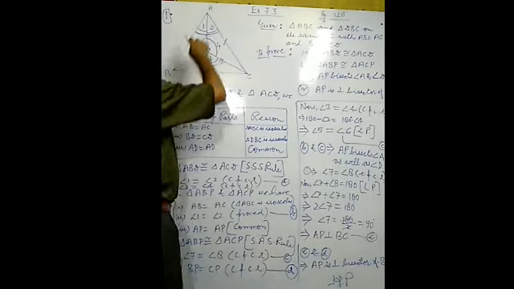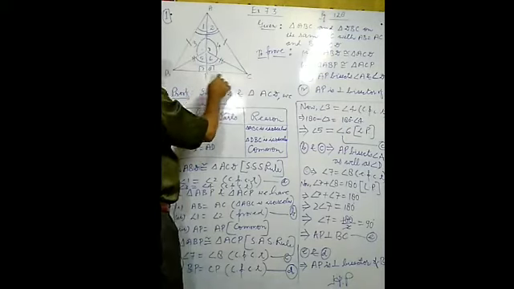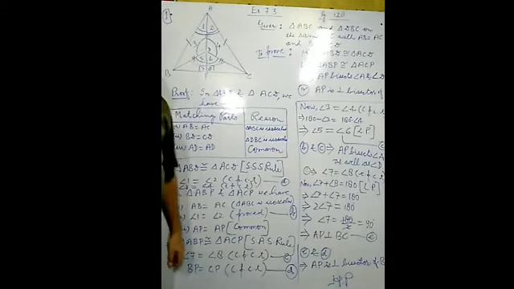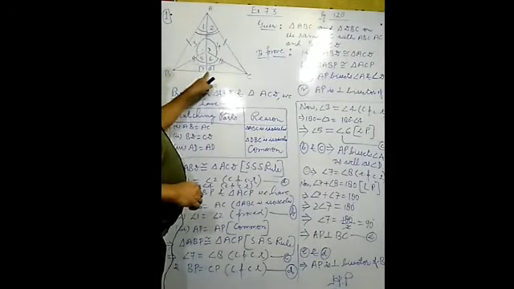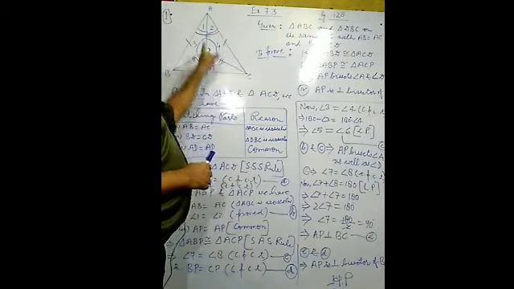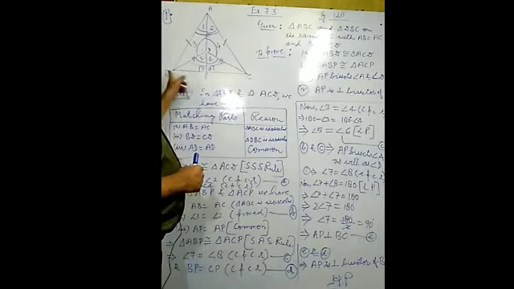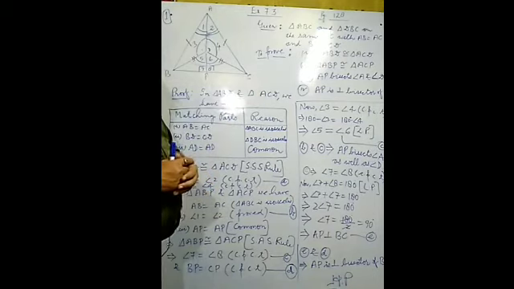Just before, we proved that triangle ADP and triangle ACP are both congruent. On the basis of this congruency, we can say that BP equals CP by CPCT. So what role does AP have? If BP equals CP, AP is the bisector of BC. So 50% of part number 4 is proved here.